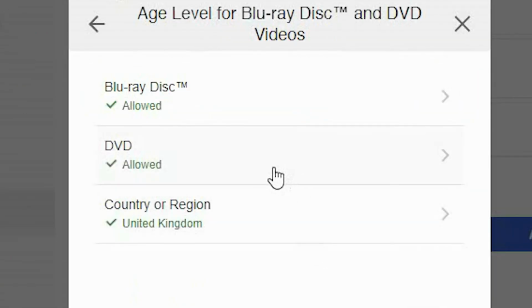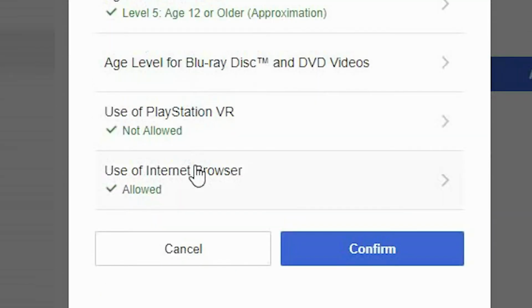You also have the option to allow your child to use a PlayStation as a Blu-ray disc or DVD player. In this example, we're going to keep it as allowed. Select the arrow in the top left-hand corner to go back to the previous screen. You also have the option to change the permission to whether or not you're going to allow your child to use a PlayStation VR. As we don't have a VR set, I'm going to leave that as default as not